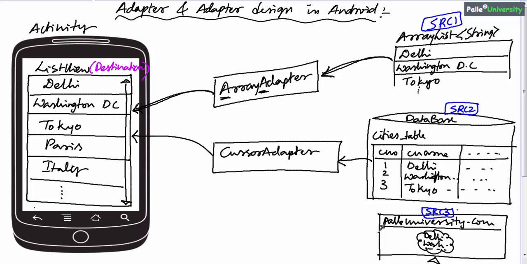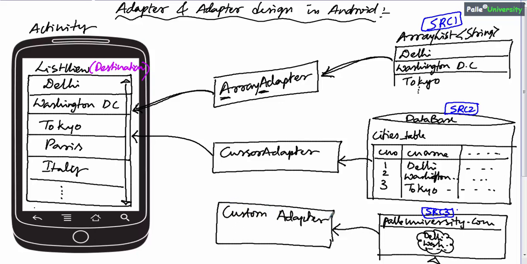Similarly, if data is coming from some server which is connected over the internet, in that case, the programmer should build his or her own adapter, which is called a custom adapter. Observe carefully, there is a space here, which means it is not a predefined class. If data is coming from a website or from a server connected over the internet, the programmer has to define his or her own adapter.